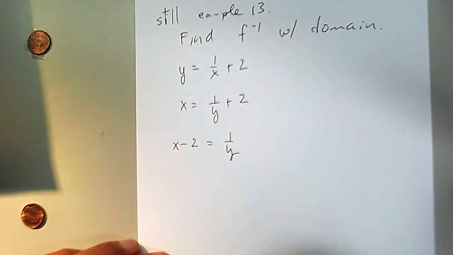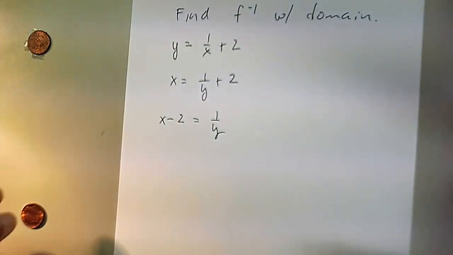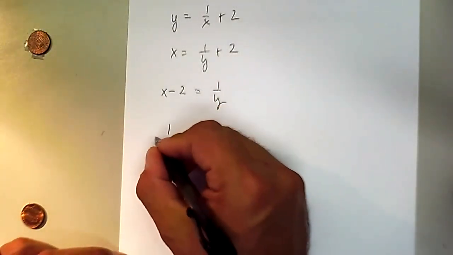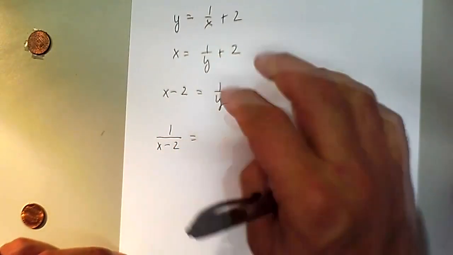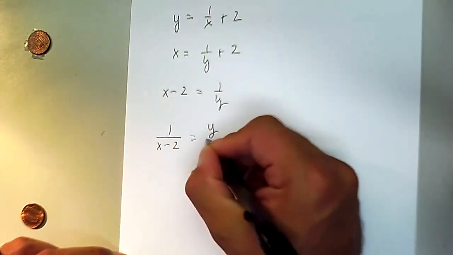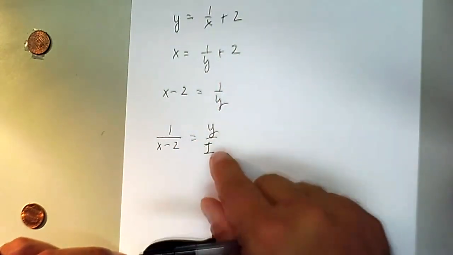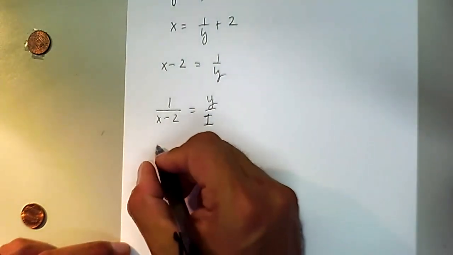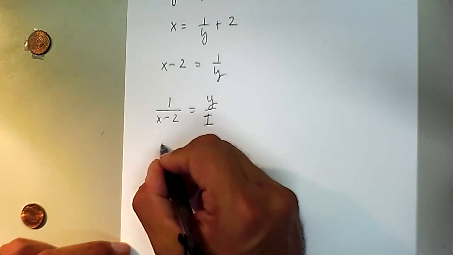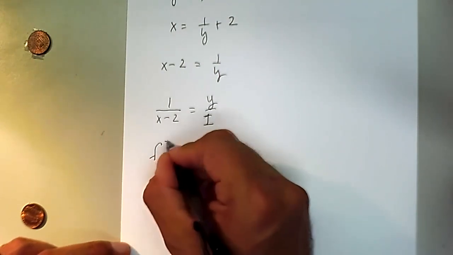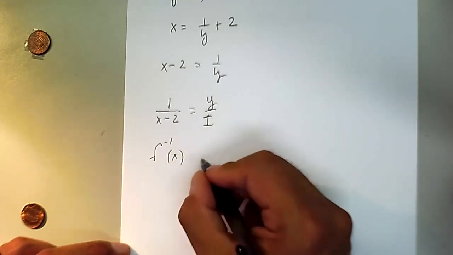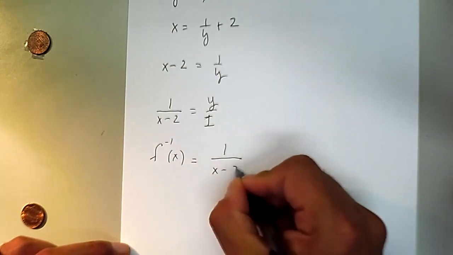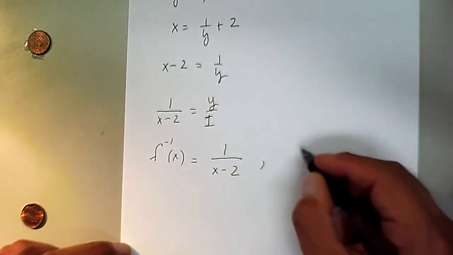And I'm going to flip the two at the same time. So 1 over x minus 2 equals y over 1, which is the same thing as just y. So rename the function, and the inverse function of x is equal to 1 over x minus 2. The domain of this function,